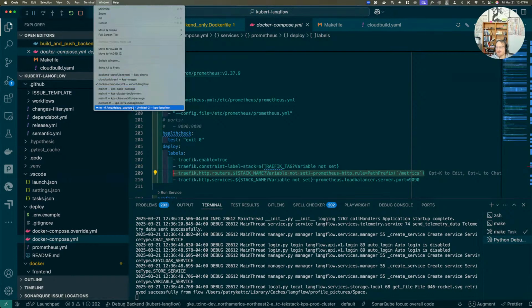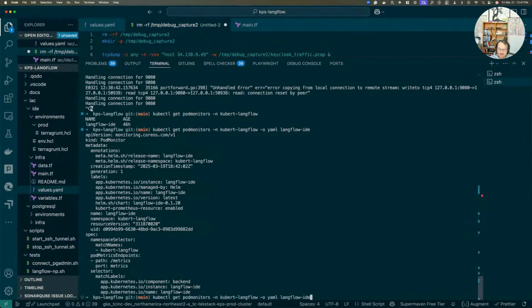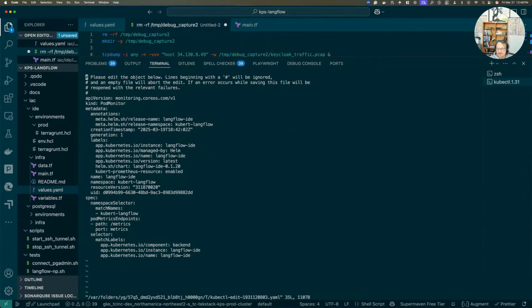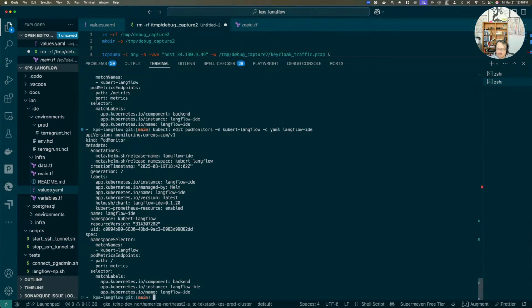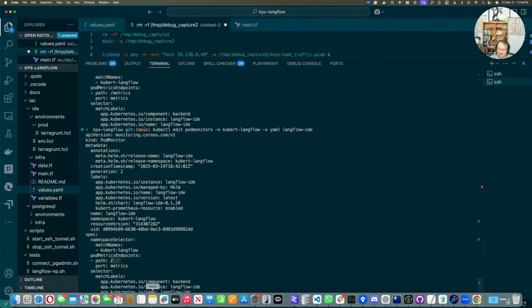Let's see. So let's do a live edit here. So let's just edit this. And what I'm going to do is I'm just going to remove the path here, make it at the root, not just the metrics. All right, let's see. So the port is still the same, but now I'm just getting from the root of